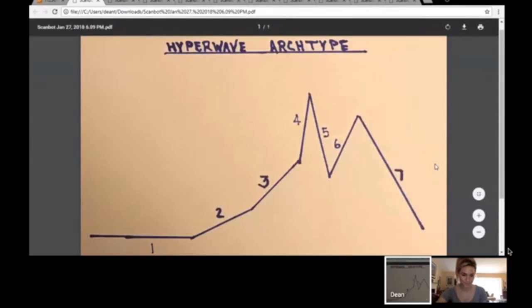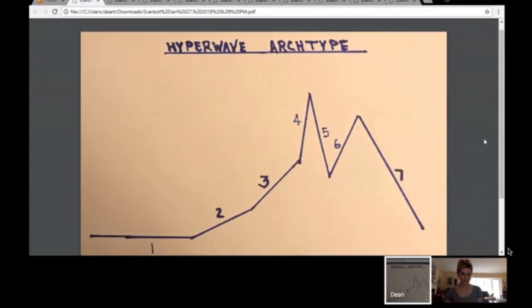And I'm going to start with a screen share where I show you something that I call the archetype hyperwave. So first thing I'm going to do is pull up a chart. Now what you're looking at is something that I constructed almost 40 years ago, called a hyperwave. This is a chart of a hyperwave, and as you can see,